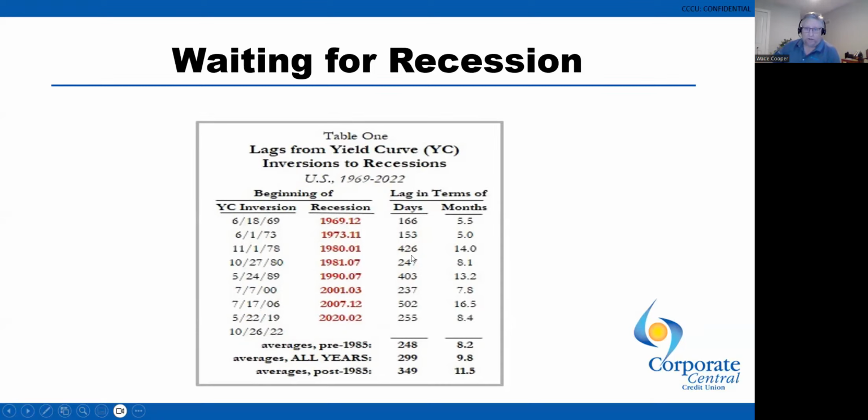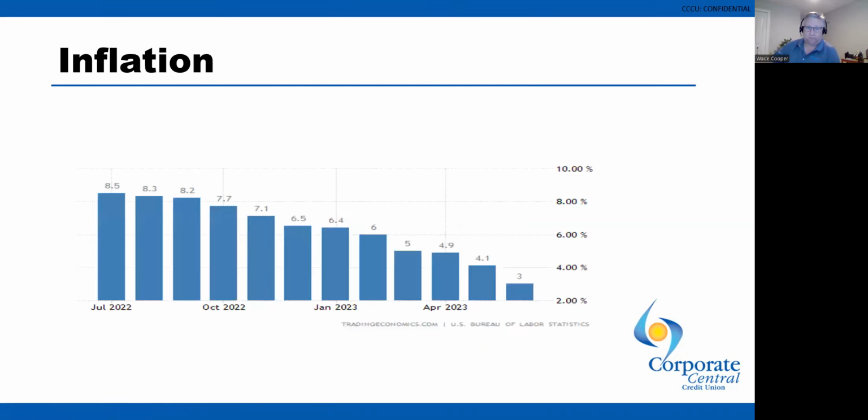But while we're waiting, the Fed is going to do what the Fed is doing, and they're right now fighting inflation. You can see July of 22 was the peak. It's been coming down. We all know that, we just saw what happened to the Fed funds rate during this time and how it's been going up. Inflation sitting at 3%, still above the Fed's stated goals, which we will get to in a second.